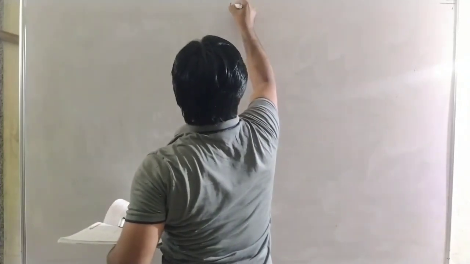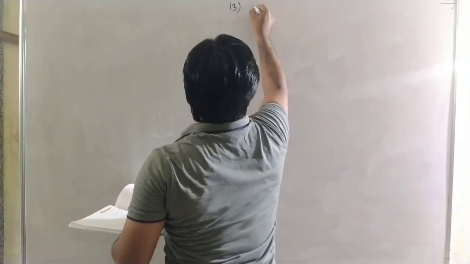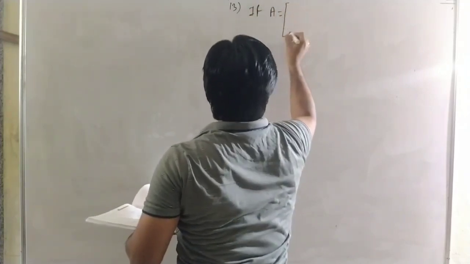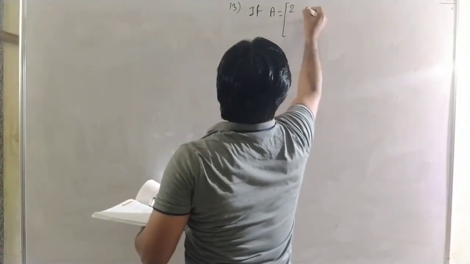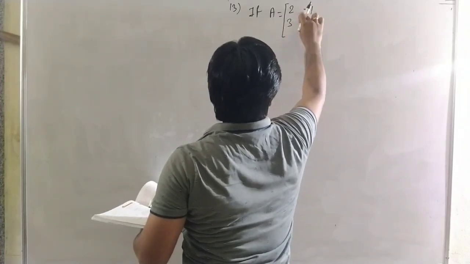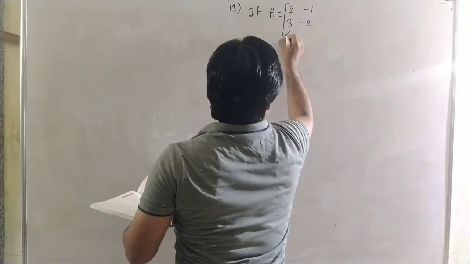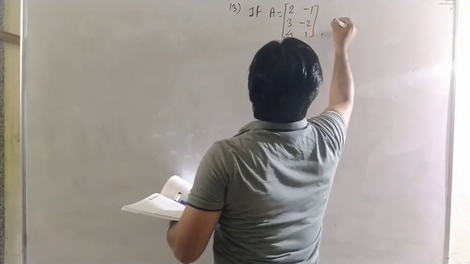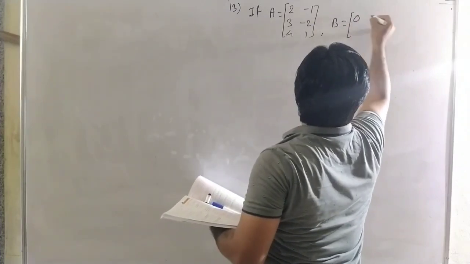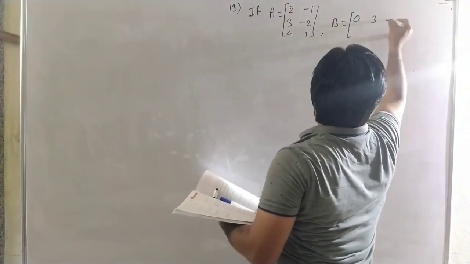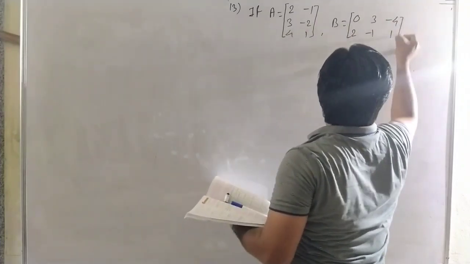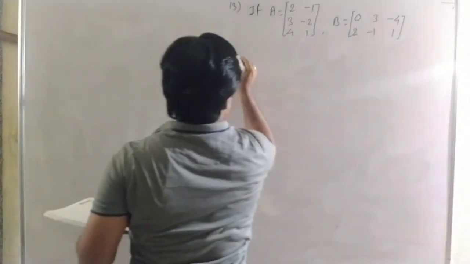Next, example number 13. If A is equal to 2, minus 1, 3, minus 2, 4, 1, and matrix B is 0, 3, minus 4, 2, minus 1, 1. Then verify that